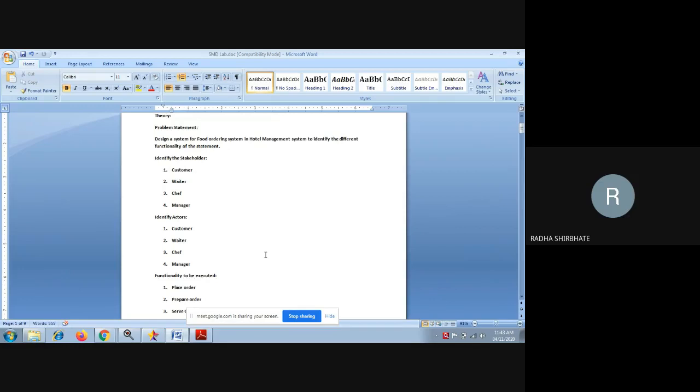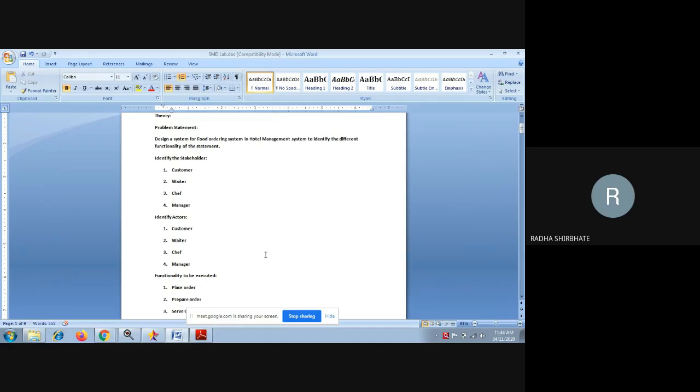The first thing that we have to identify today is the different types of stakeholders that will be part of your food ordering system. The stakeholders will change with respect to the system, right? The first stakeholder of your food ordering system is your customer. The second one is your waiter. The third one is the person who is going to prepare a dish for you, that is your chef. And the manager is the person who is going to define the bill. So these are the four stakeholders of your system. You may define them as per your system changes. For example, if you are dealing with a library management system, then the stakeholders are student, library staff, your HOD, principal.